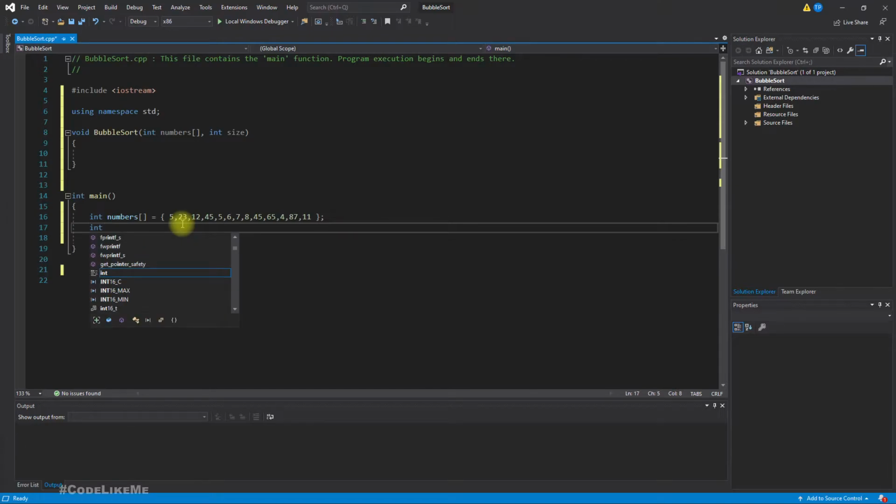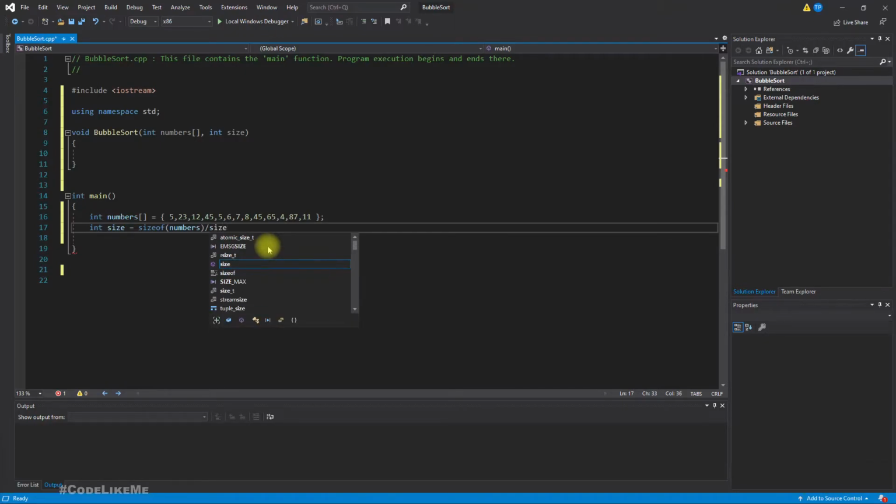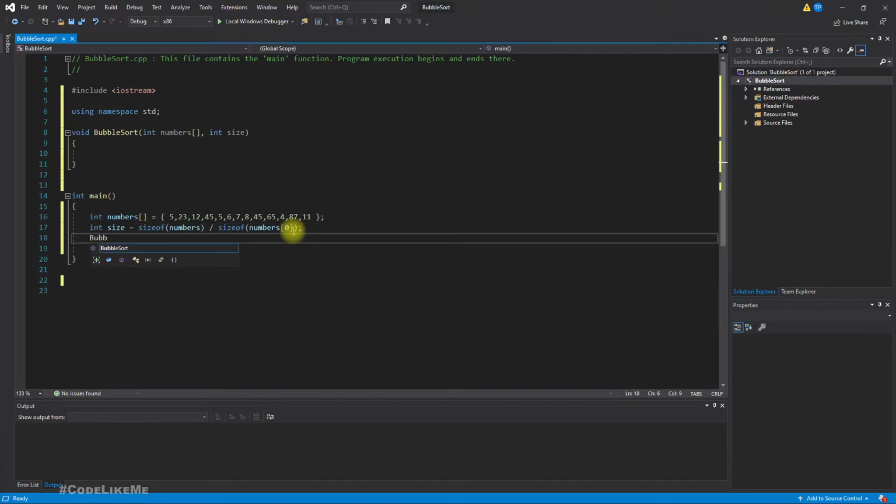So here I'll define another variable, int size equals, so we can calculate the size like this. We can use the sizeof function and get the size of numbers. So this will give us the size of this whole numbers array. Then if I divide this by the size of the first element, which is numbers[0], what this does is give us the size of one element. So the size of total elements divided by the size of one element gives us the number of elements in this array. Then we can call bubble sort